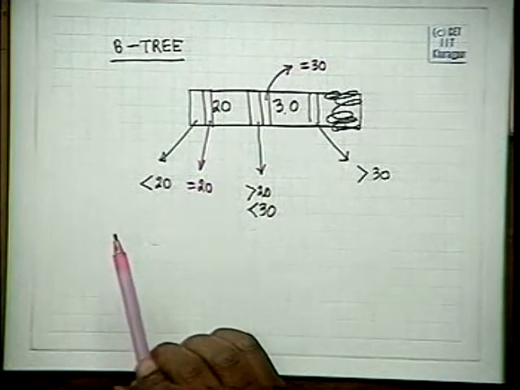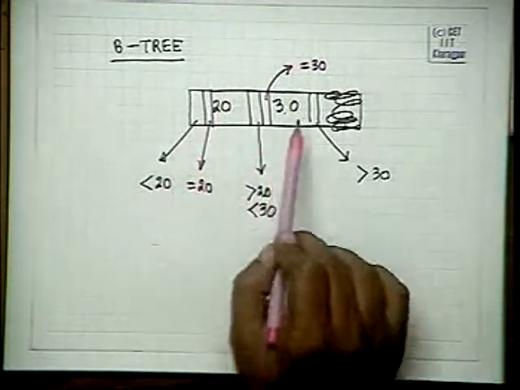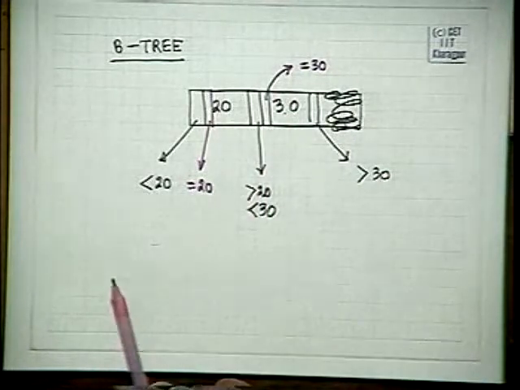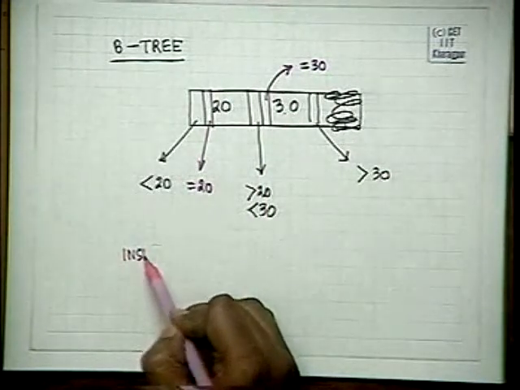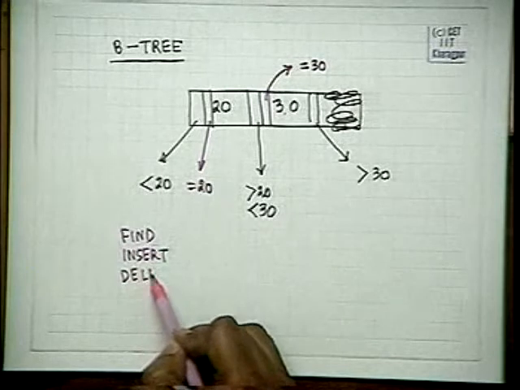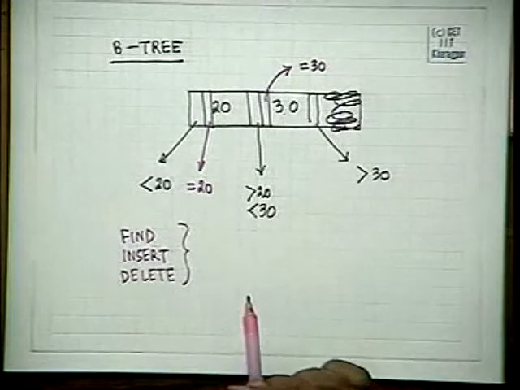This is similar to the concept of a binary search tree, where you see whether the value exists at the node. If it is at the node, then you have found it. If it is not at the node, then you check the left if it is less, you check the right if it is greater. Here, if it is at the node, then you have found it. Otherwise, you go to any of the pointers. Here, if it is 20 or 30, you will have got it. So here the insertion, the find, and the delete operations will be slightly different from what we have in a B plus tree.